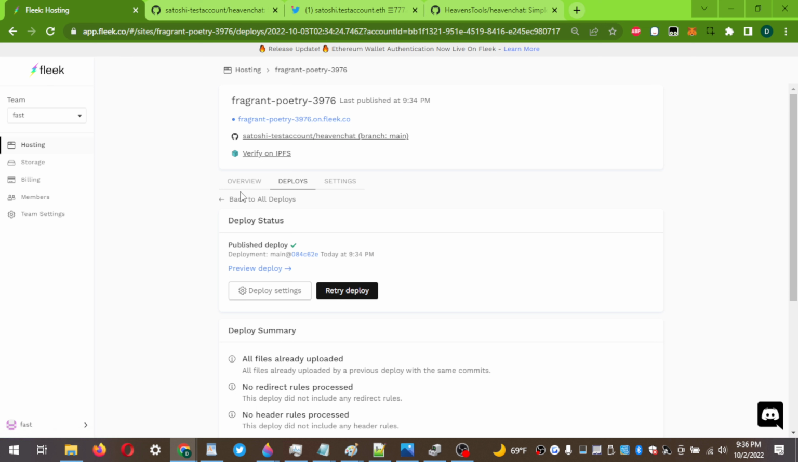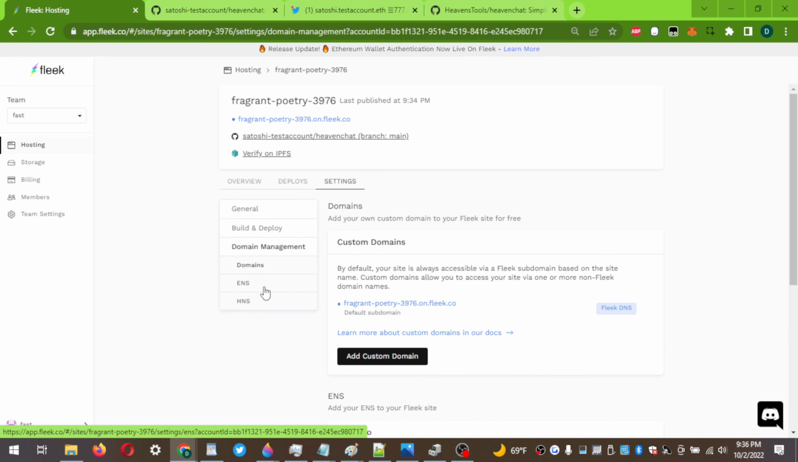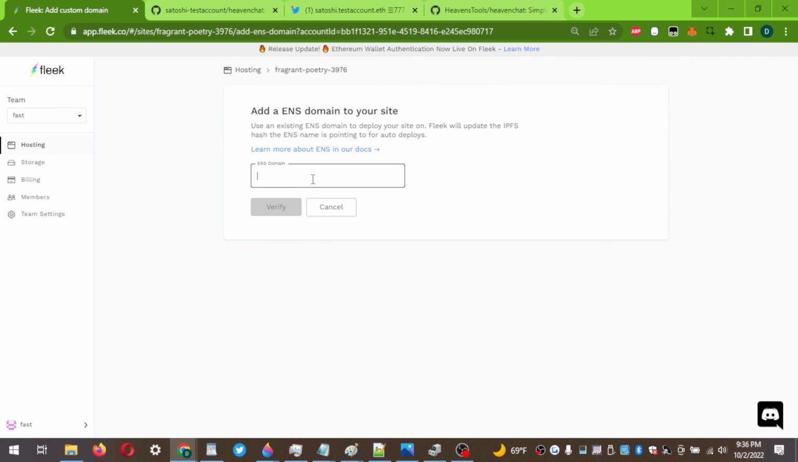It's ready to go. So this is where we go to the Settings tab. Then within the Settings tab, you go under Domain Management. Under Domain Management, you see ENS. You click on ENS. Here it is. Add an ENS domain to point to your site. So add ENS. The ENS site that we're going to use as an example, since global chat is already set up, we will use